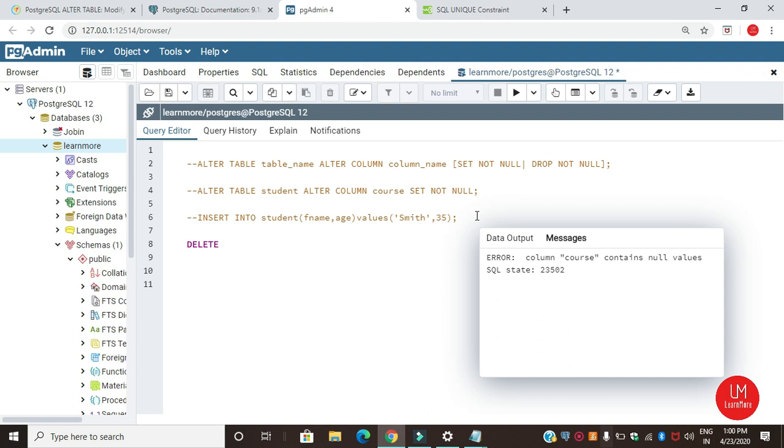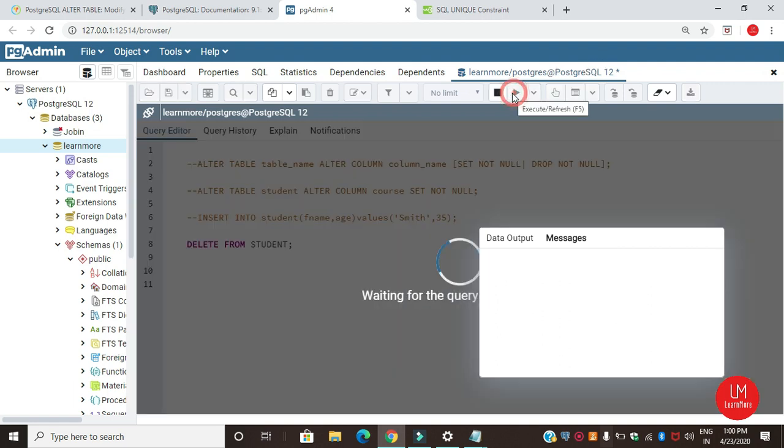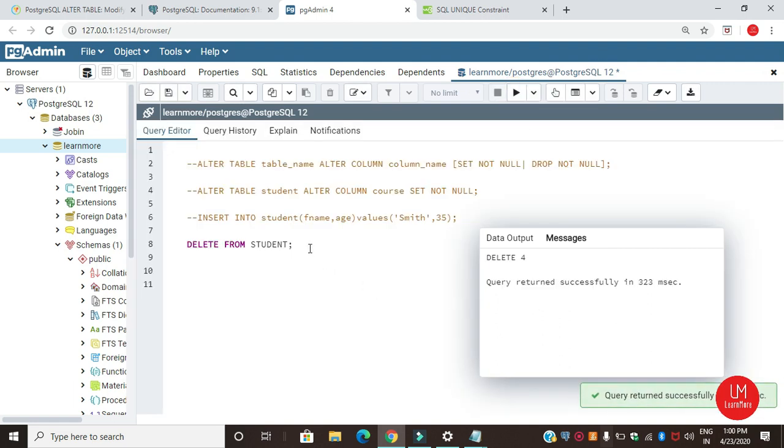Delete from student. The table rows are deleted. I'm going to alter the table. Your table is altered. Now I'm going to insert